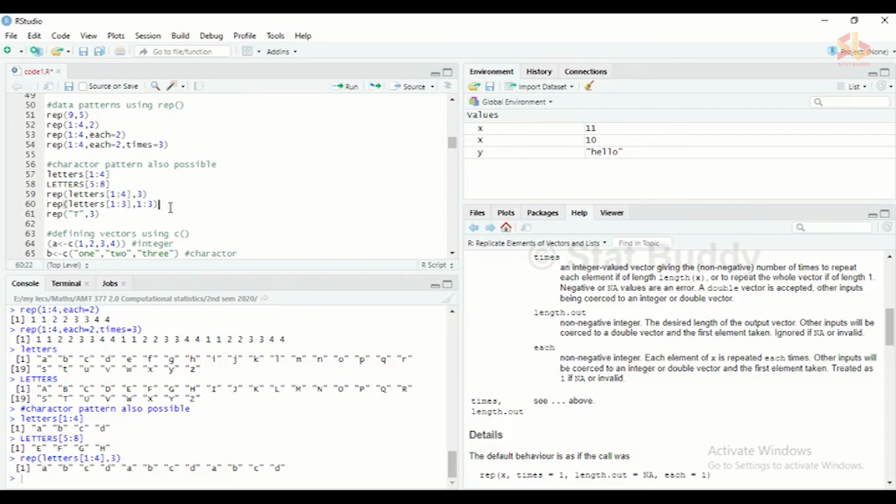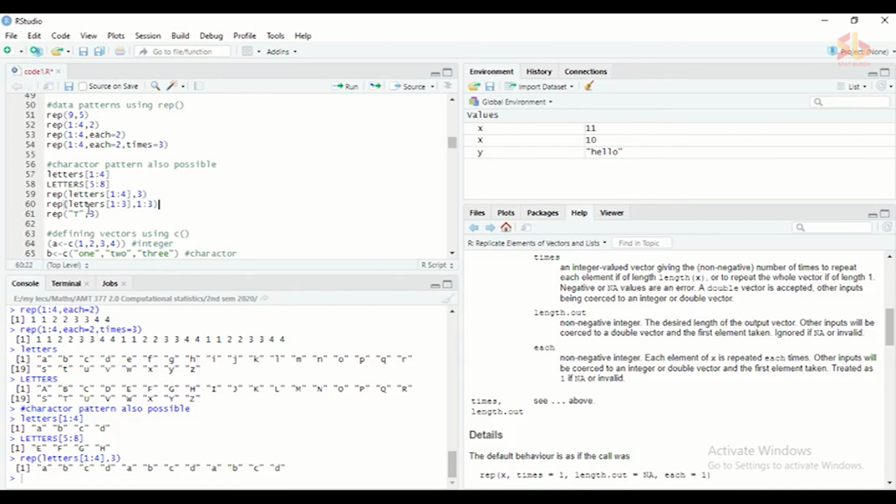And here I need to repeat simple A, B and C, and I need only one A, 2 B's and 3 C's. So instead of giving a constant there, you can give a pattern there.